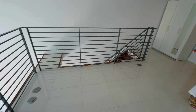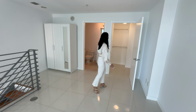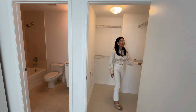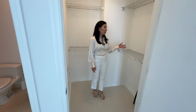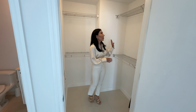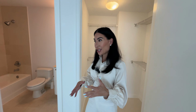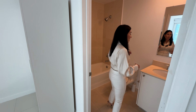So huge open space for your bed. You get to wake up to that. You have a really good sized walk-in closet. I did recommend to my client that she goes ahead and replaces these. This is the basic stuff that the developer brings into buildings that are not ultra luxury. So you do have to do your own custom closets, but that's a lot of fun to pick out the finishes. Tell them if you have lots of shoes or bags, whatever you need them to customize the closet